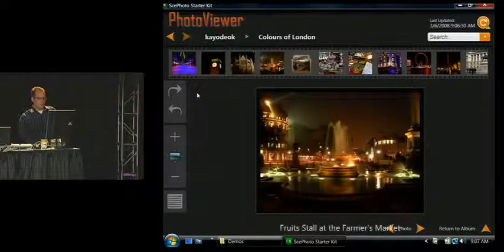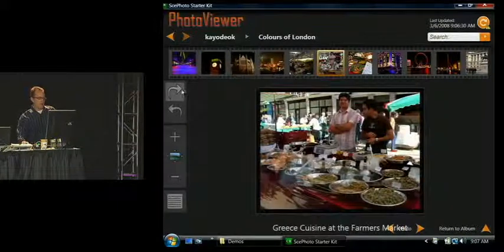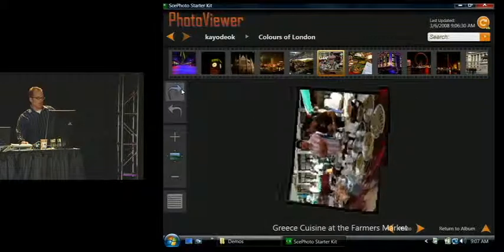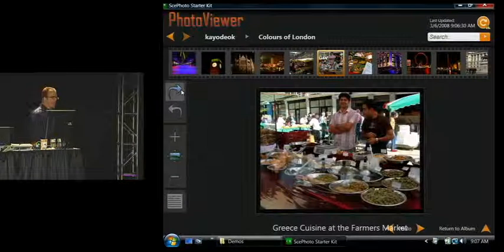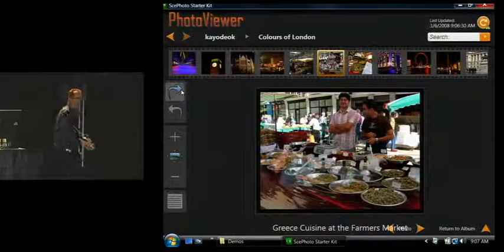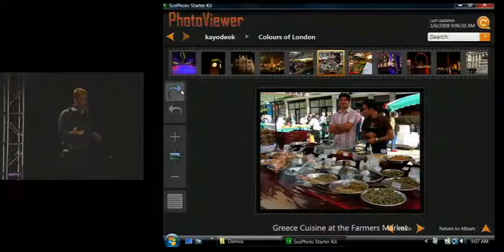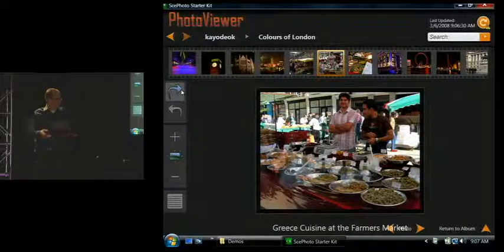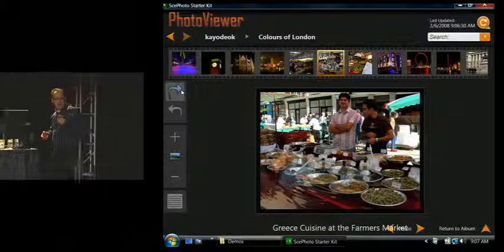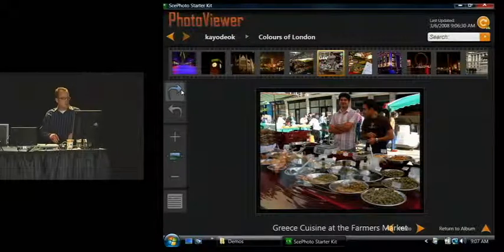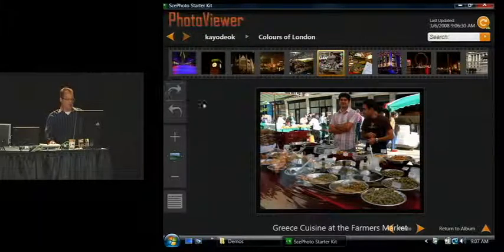And I'll flip through these different pictures. If I wanted to, I could go rotate them. Lots of fun. Now, this is going to be posted in a few weeks. Unfortunately, they didn't let me have the latest and greatest version. It's getting better and better and better. So they wanted to save some of the pop for a couple weeks for now. So make sure you go take a look at the photo viewer app in a few weeks,